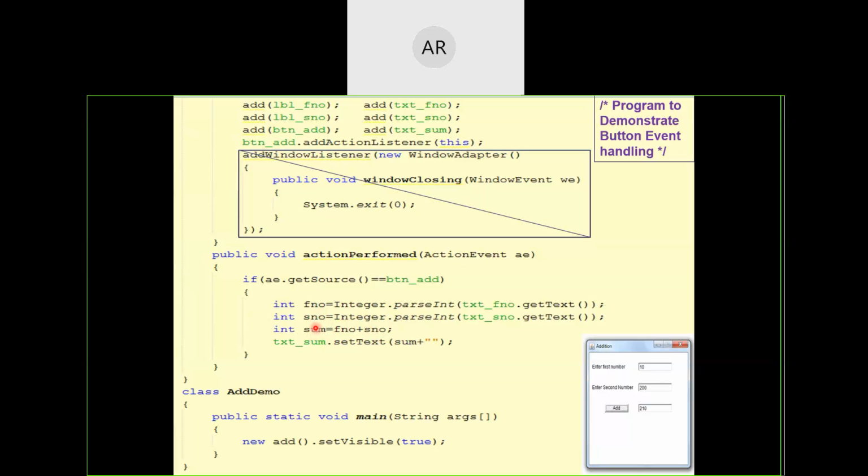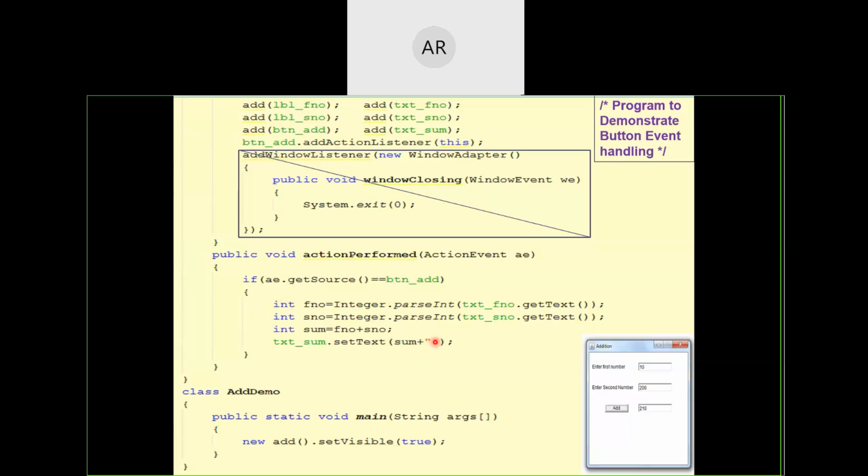Now I have to put that sum into the third text box. To do that, I have to convert this sum into string format. All I need to do is append it to an empty string, so it will use implicit typecasting and convert the integer into string format.